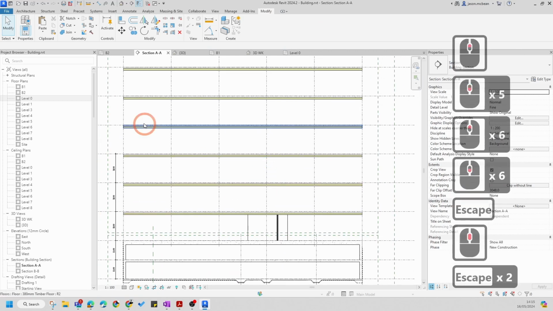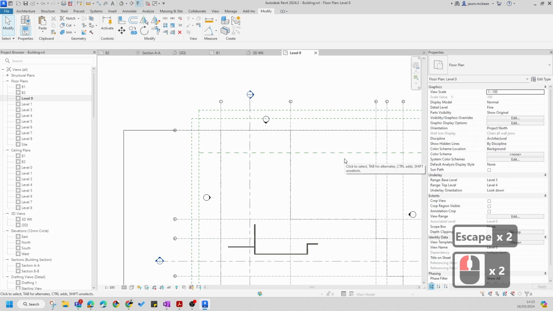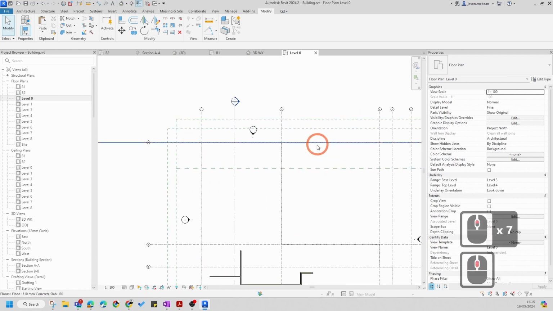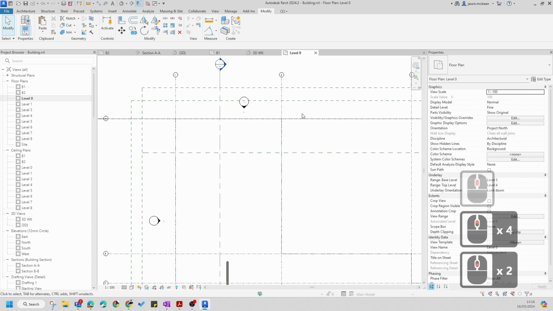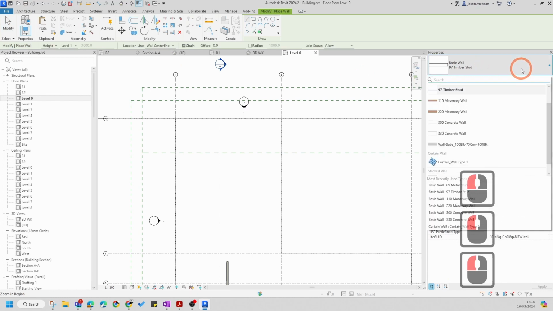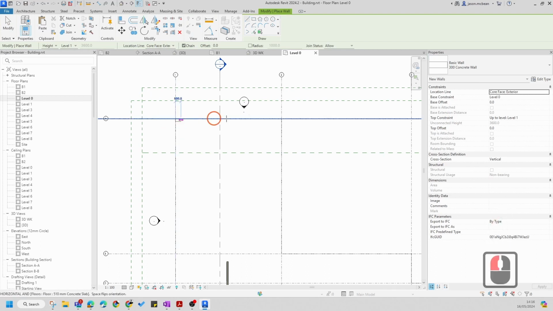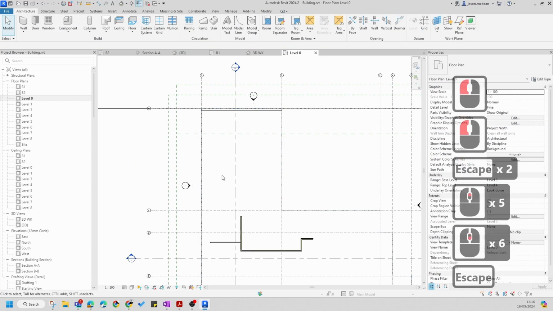The last thing I'm going to focus on in this exercise is just the exterior shop fronts. We've got an exterior shop front that runs along there, and an exterior shop front that runs along there. There are two ways to do this. Maybe on this facade, if I go to architecture, I'm going to use a concrete wall. I'm going to show you some variations. I'm going to use a concrete wall, and remember, core face exterior. And if I drag a concrete wall from there to there,